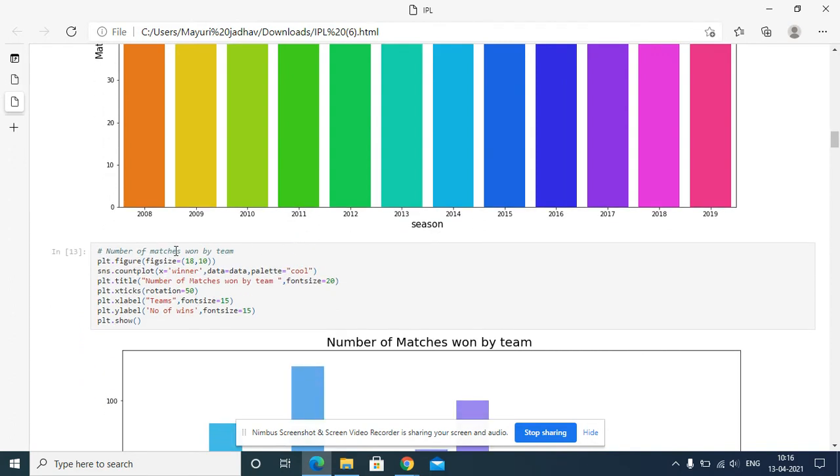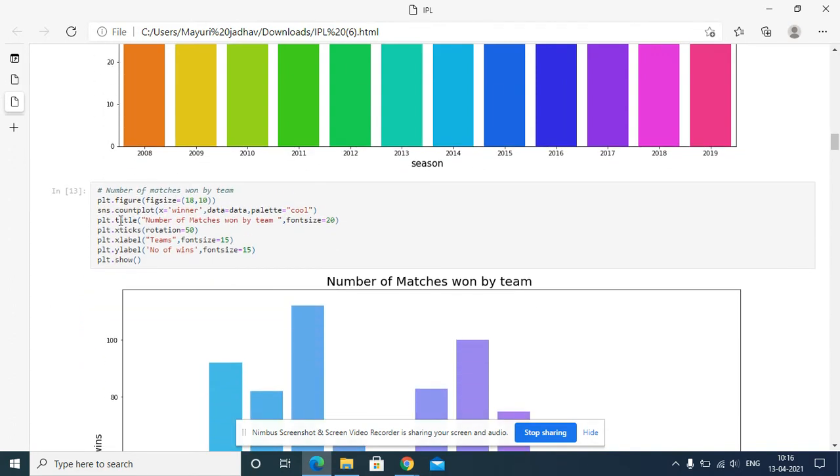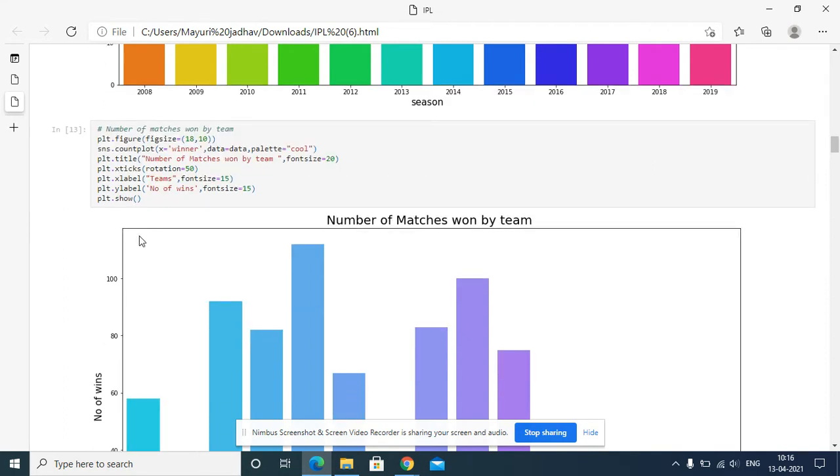Next, the number of matches won by each team. Figure size, sns.countplot, x is equal to winner, data equal to data, palette, and this is the title. xticks displays the tick marks on the x-axis.